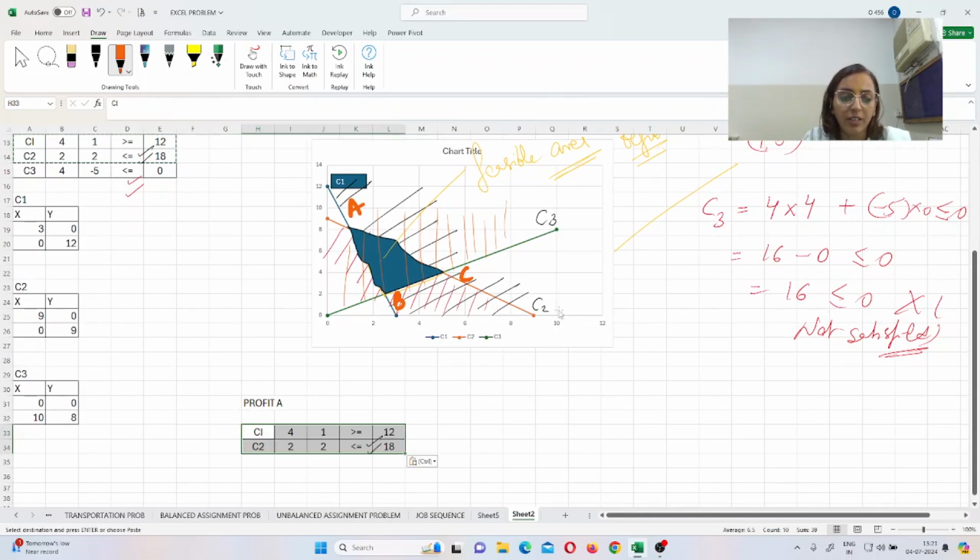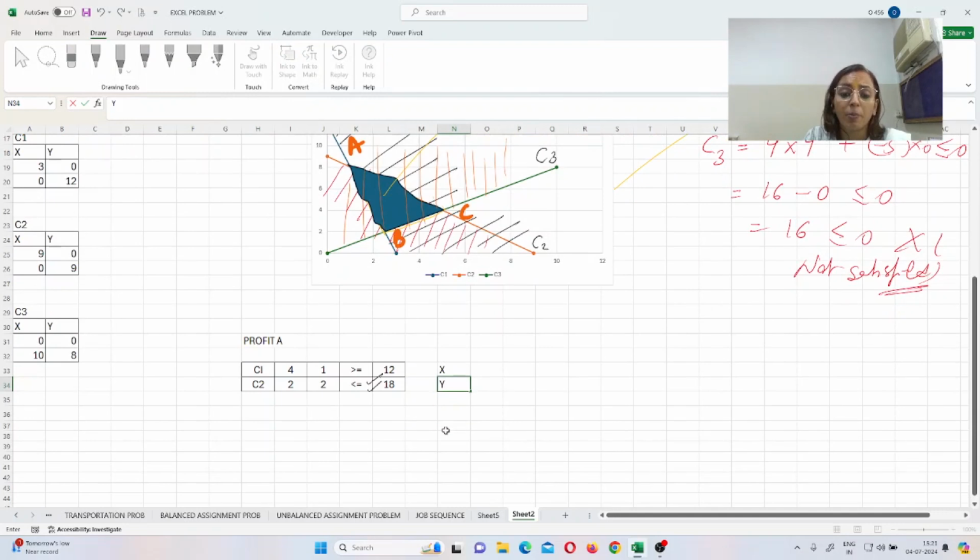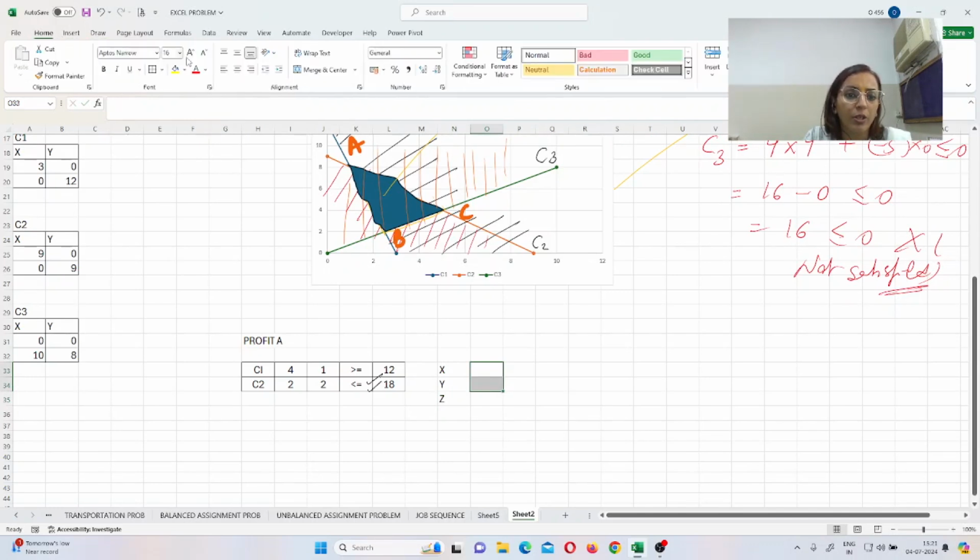Now what we have to find is the value of X and Y, so write it there, X and Y. I'm highlighting this and making it bolder so you can see that this value is to be found out, and then definitely we have to find the value of Z too, so highlighting it with Z.